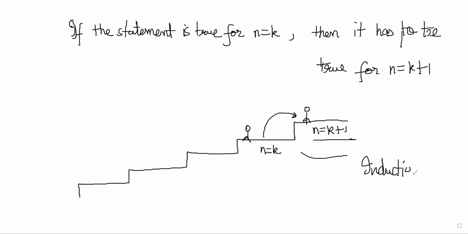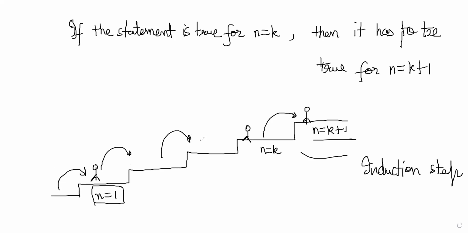Now this induction step helps you actually prove it for all n. Now you don't have to do anything more, because we have already checked that you are able to get on the ladder, get on the staircase. n is equal to 1 we checked. n is equal to 1 was true and the induction step is true. That means you can go to n is equal to 2 now. From 1 to 2 you can make the next step. From 2 to 3 you can make the next step. From 3 to 4 you can make the next step because of the induction step. You are understanding what is happening?